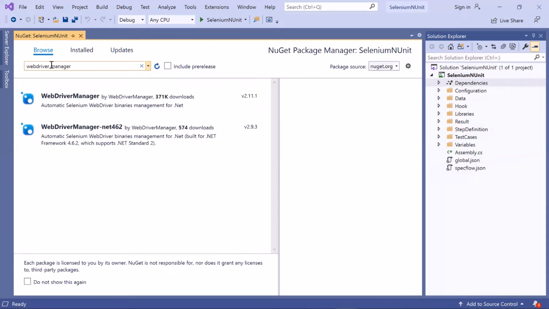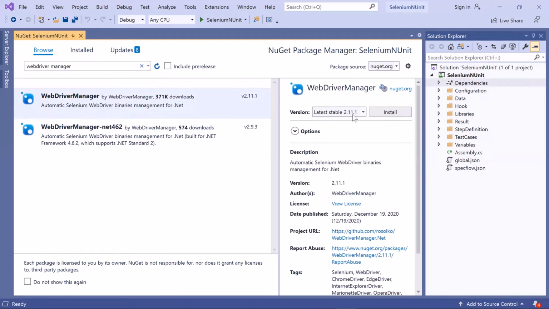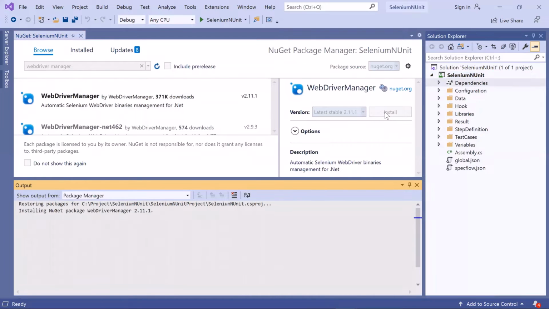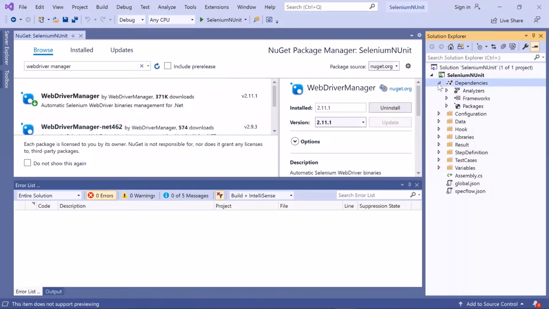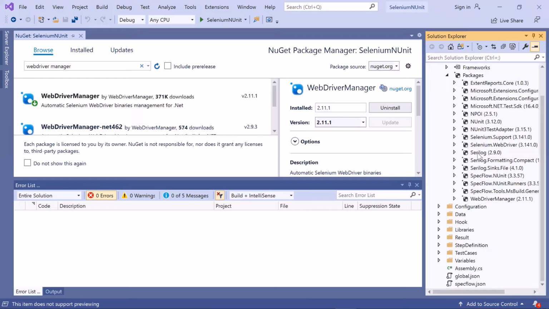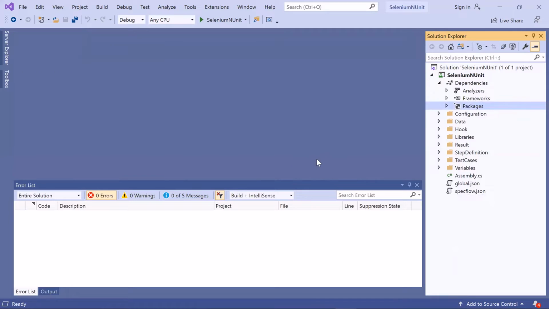Search for the WebDriver Manager and then install it by clicking on the Install button. So it has been installed. And if we go to the packages, then we can find the package for WebDriver Manager over here. So we are done with the installation.